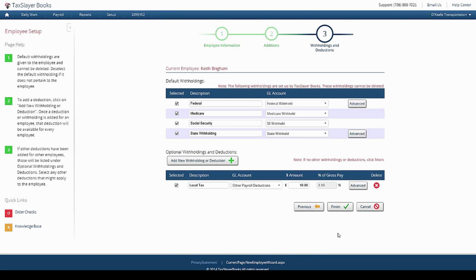On the following page, a W-4 is going to pop up the first time you enter in an employee, and what's going to happen is you're going to select their federal withholding allowances and then their state allowances as well. You'll see here I've selected an additional deduction to come out of his paycheck, and this is